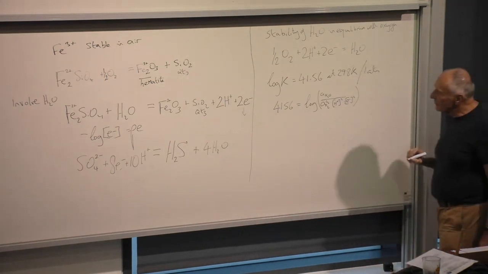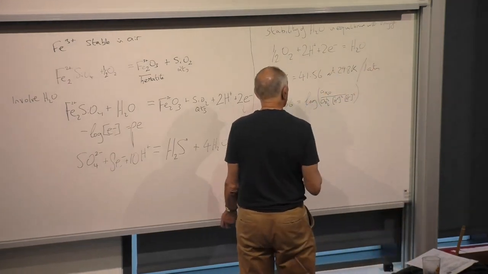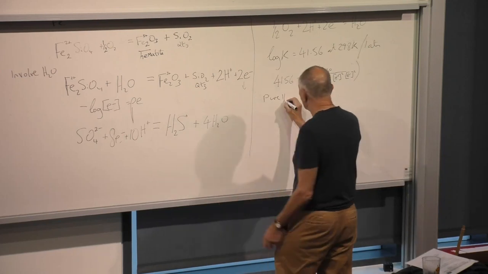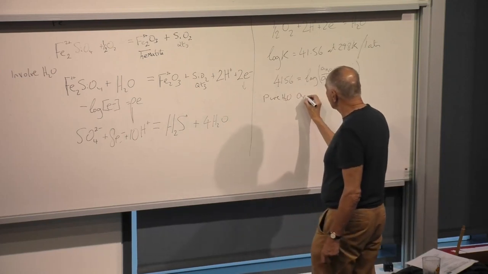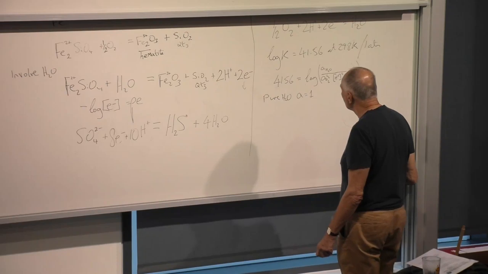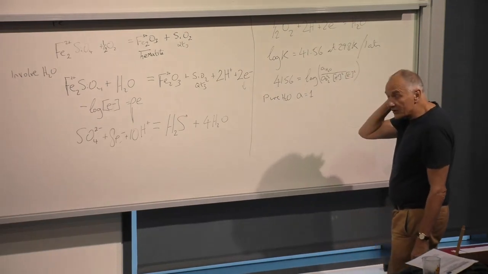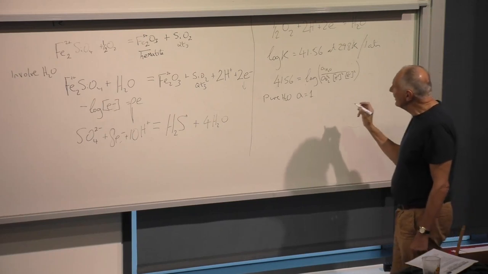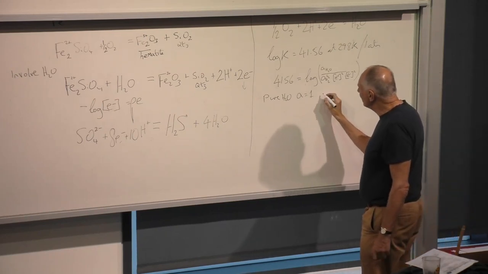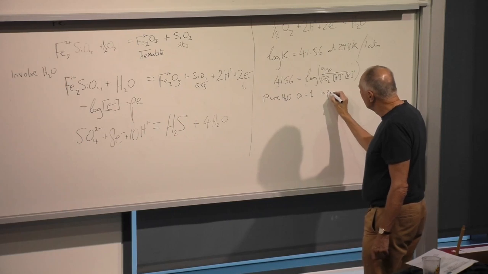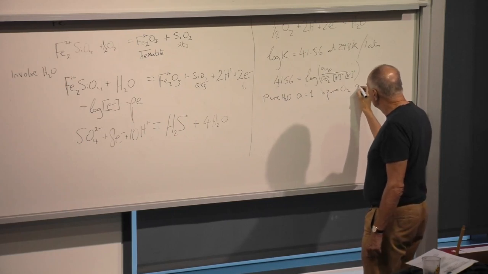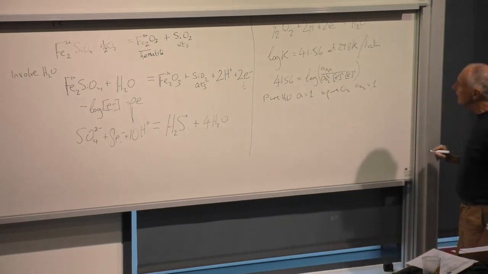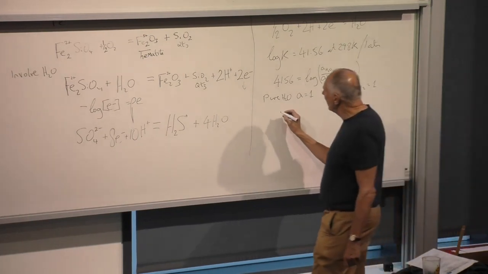So let's assume pure H2O, and that's our standard state, activity is 1. We take the standard state of oxygen to be pure oxygen at 1 bar and 298, so we let this take place in pure oxygen. So the activity of oxygen will be 1, it being its standard state. So then 41.56